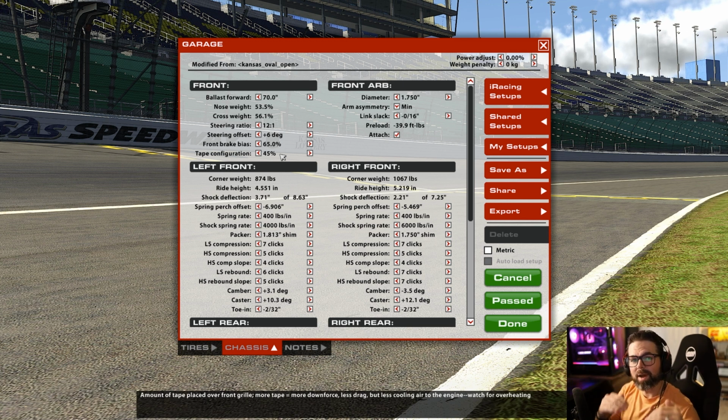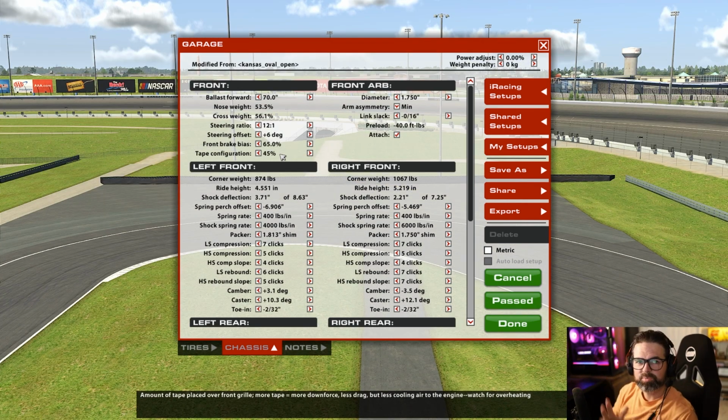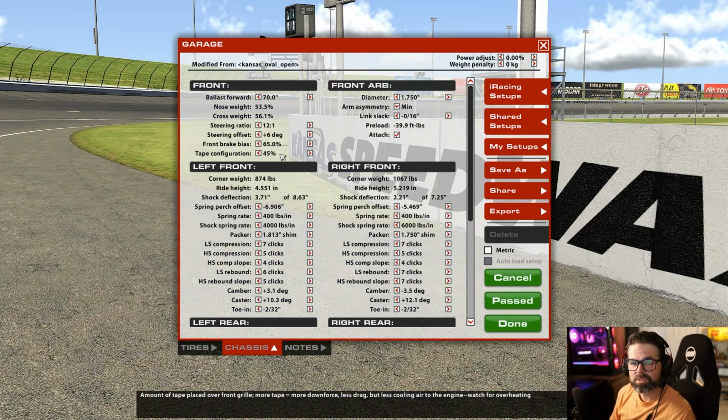And once I know what that ride height is, then when I make adjustments, I want to put it back there. So that's why it's so important to reset your ride heights, because once you start changing springs and stuff like that, things can get all out of whack. Even when you make small adjustments, it can have an effect on your ride height, and that can change things. If you're talking about the NASCAR truck, for example,